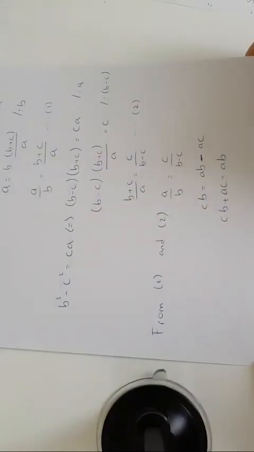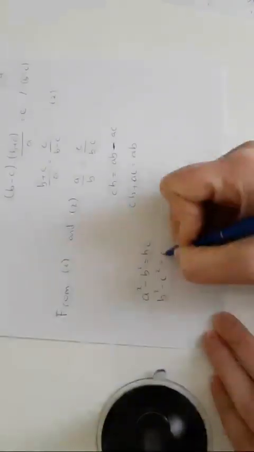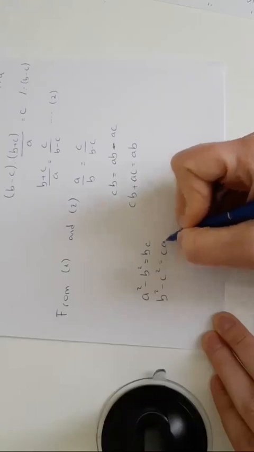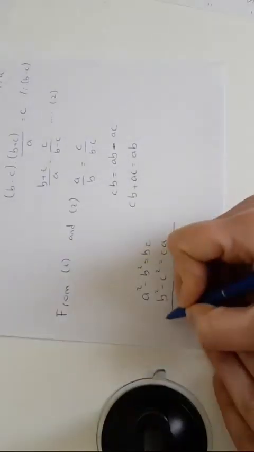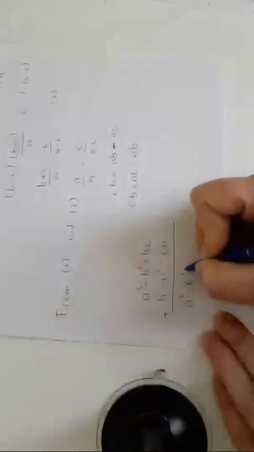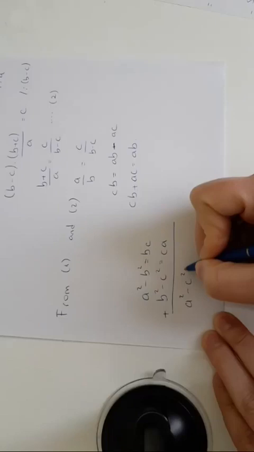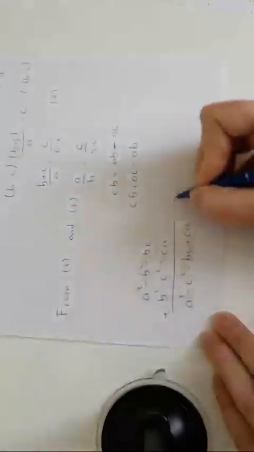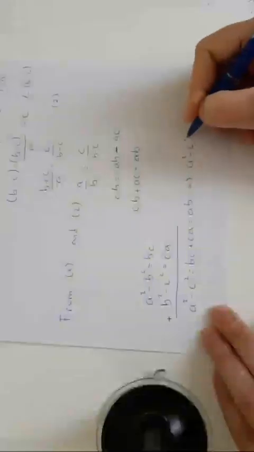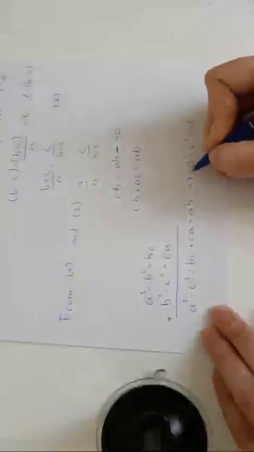So I found that ab is equal to cb plus ac. Now I will add a squared minus b squared is equal to bc and b squared minus c squared is equal to ca. These two equations were given. Now if I add them, I will get that a squared minus c squared is equal to bc plus ca. And we found from here that bc plus ca is equal to ab, and we show that a squared minus c squared is equal to ab. Now the question